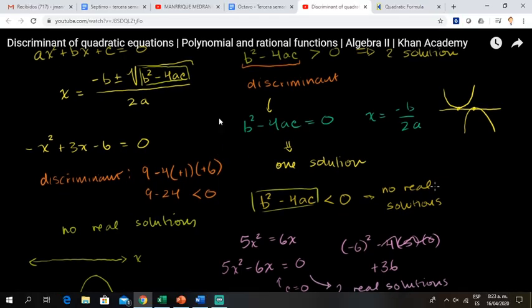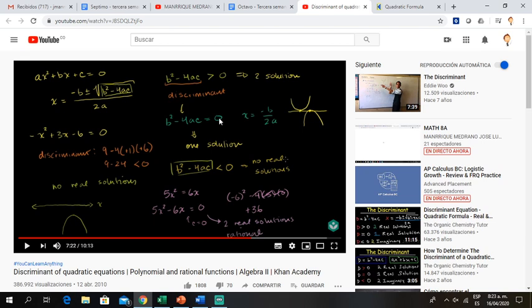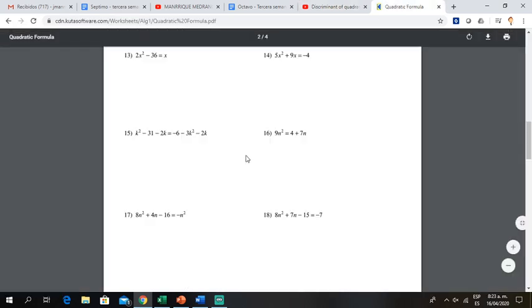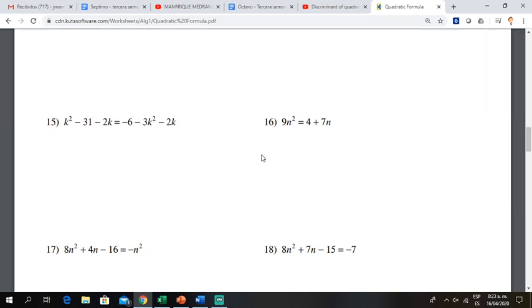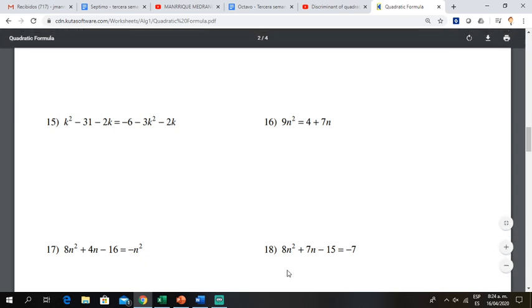Now we have to continue. We must continue using the quadratic formula. For this reason, now we're going to work using this software. But now the thing that I want is that we can work using the quadratic formula, the quadratic equation, and the discriminant of the quadratic equation. We're going to work on exercises 16, 17, and 19. Please, everybody,